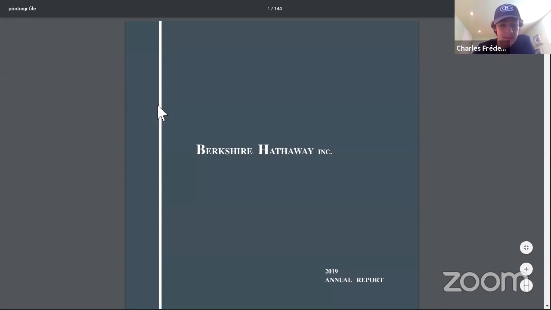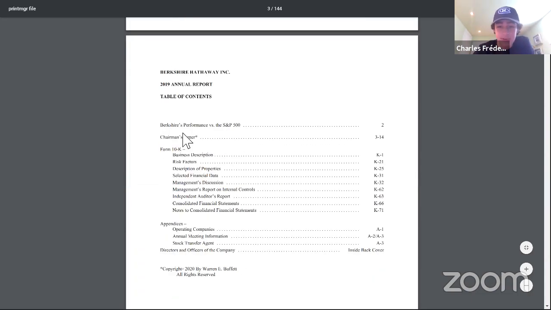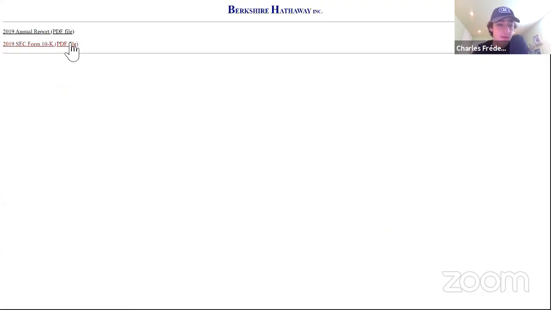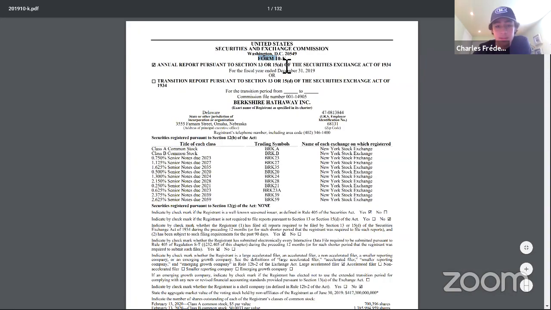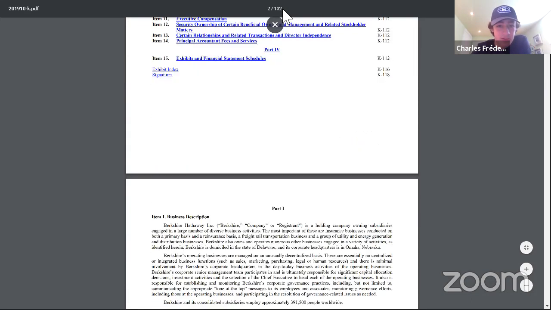So the annual report here normally has a chairman's letter, which is Warren Buffett's letter. Then it has the form, then a bunch of other things, or you read the official one that's sent to the SEC. That looks like the other one. You see the format's the same, and it has 132 pages. So quarterly has 50 pages, annually has 132 pages.